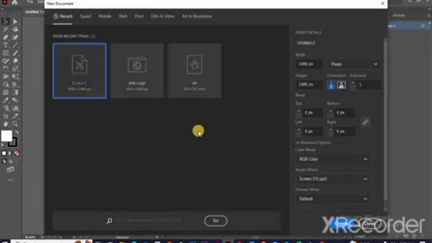So click on new, then you see the size I'm using, 1080 px. Okay, so you just adjust everything you want to adjust. Don't forget the color mode. Don't forget the raster effect is for your screen. So for your screen it ought to be 72, but if it's something you are printing, it should be 300